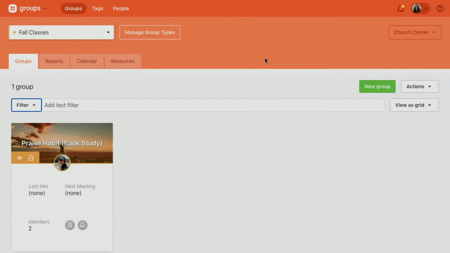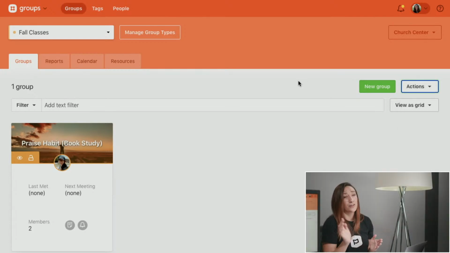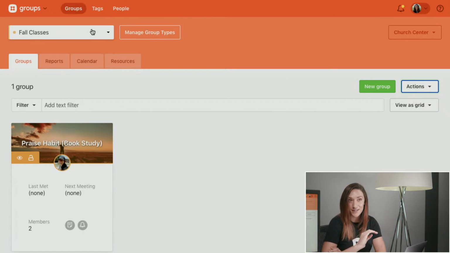One fun thing too, this action button here. So if I needed to set all my groups to the same setting at once, like let's say you're creating all of your groups and you want to launch all of them on a certain date. If you create all of your groups as hidden, they're not published yet, you can automatically publish all groups using this action button. That's also where you can close groups, or you can set all the groups to open and request to join. Those options are there for you if you need to automatically set a whole group type of groups to the same thing.